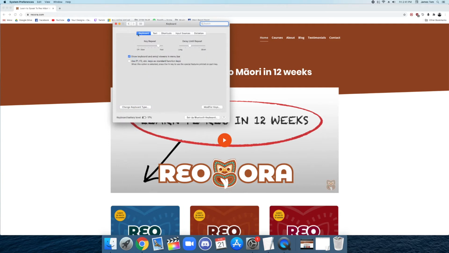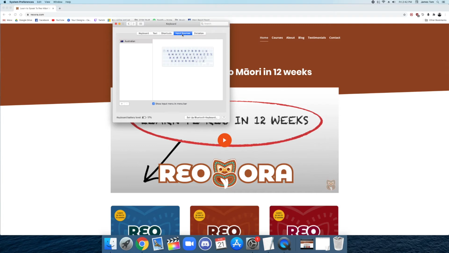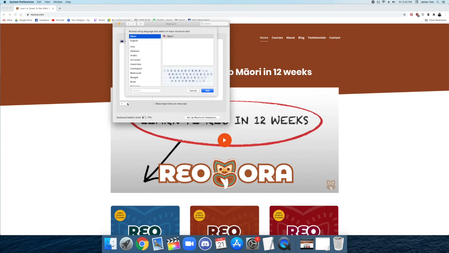And on the top bar here, you have keyboard, text, shortcuts, input sources, and dictation. You just want to click on this one right here, input sources. By default, it has Australian. What you want to do is come down here and press that plus. Mine already has Māori there, but yours might not. So you can come to the search bar and just put Māori,